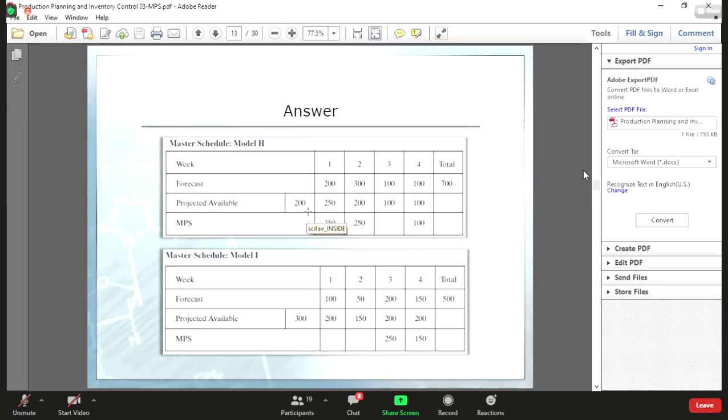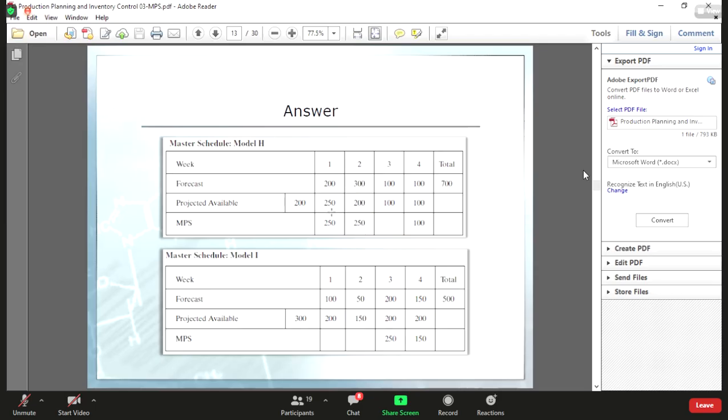How to calculate? I think you already know about that. Initially, we have 200. After that, we decide to produce 250. So in total, we have how many units? 450. The requirement is only 200. So at the end of the first week we will have 250 units of product H. After that, we can continue. In the second period, if we allocate all 250 for product H and there is no allocation for product L, it will be like this.